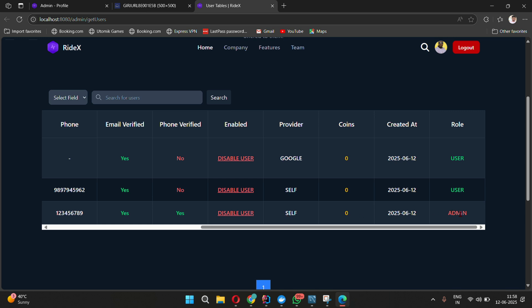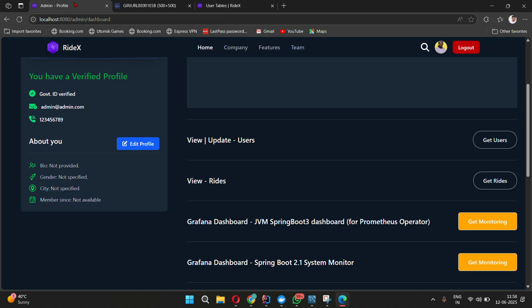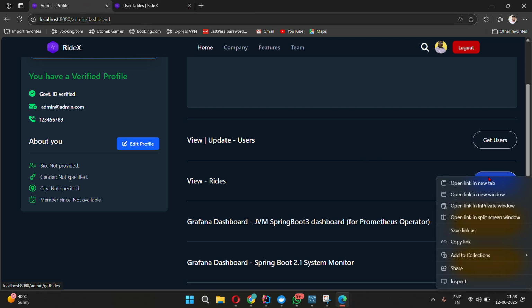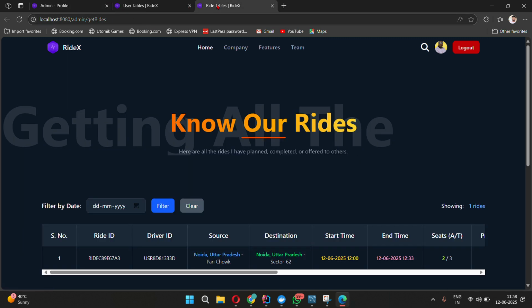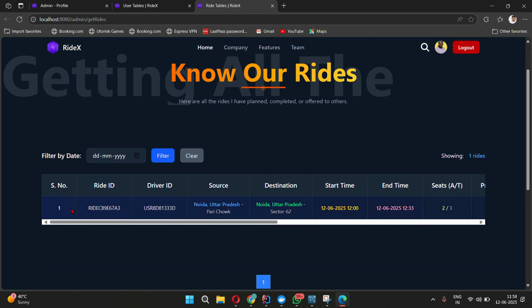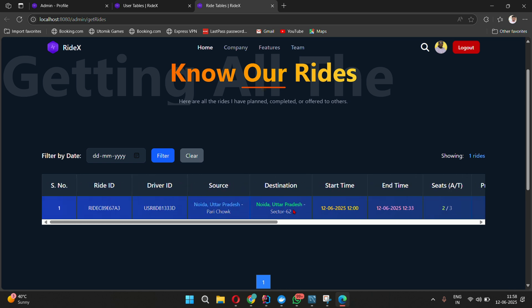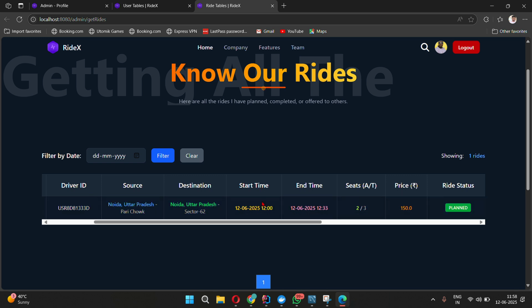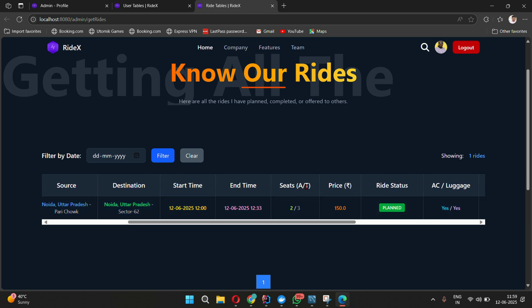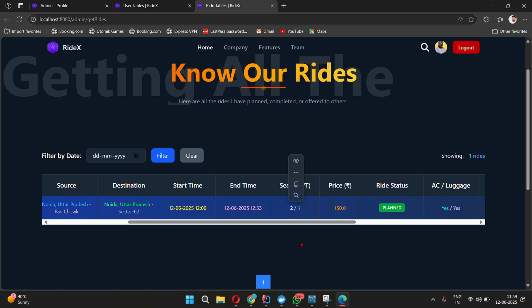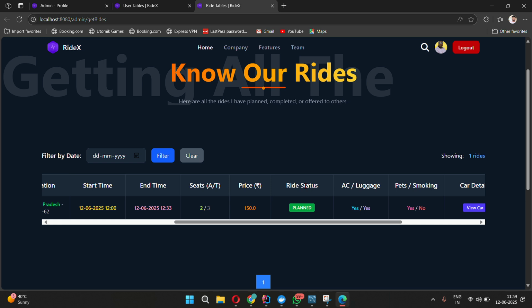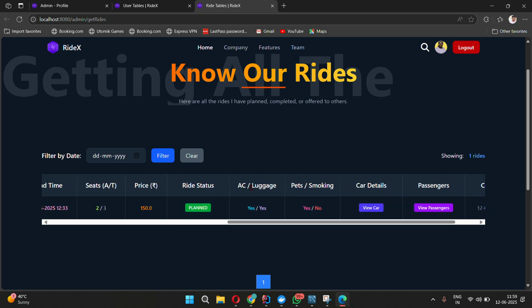Now we want to see how many rides are currently in our system. So there is currently only one ride in our application, from this destination to this destination, and here we have the start time and end time, the seats available in this ride, and the currently available seats. The status for it is listed, and whether luggage and AC are allowed or not